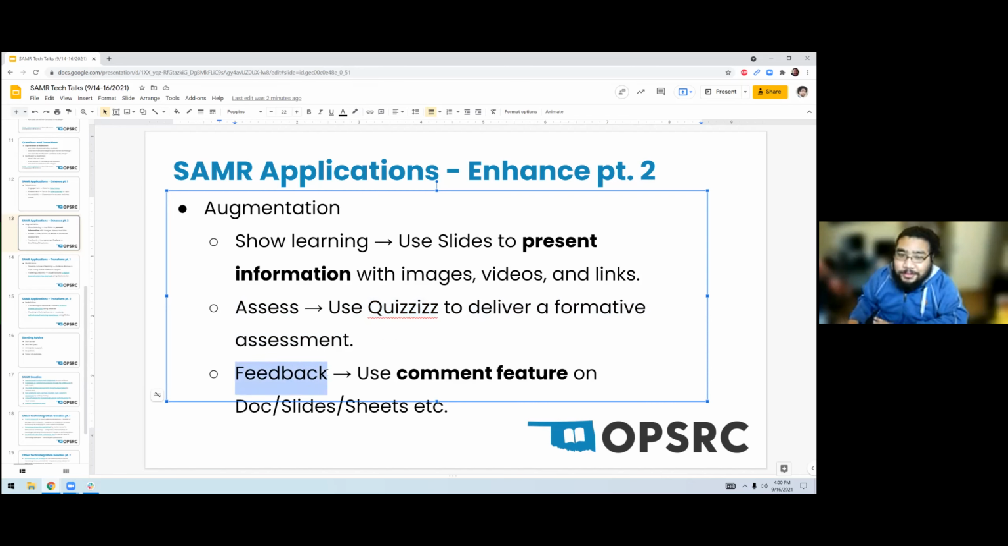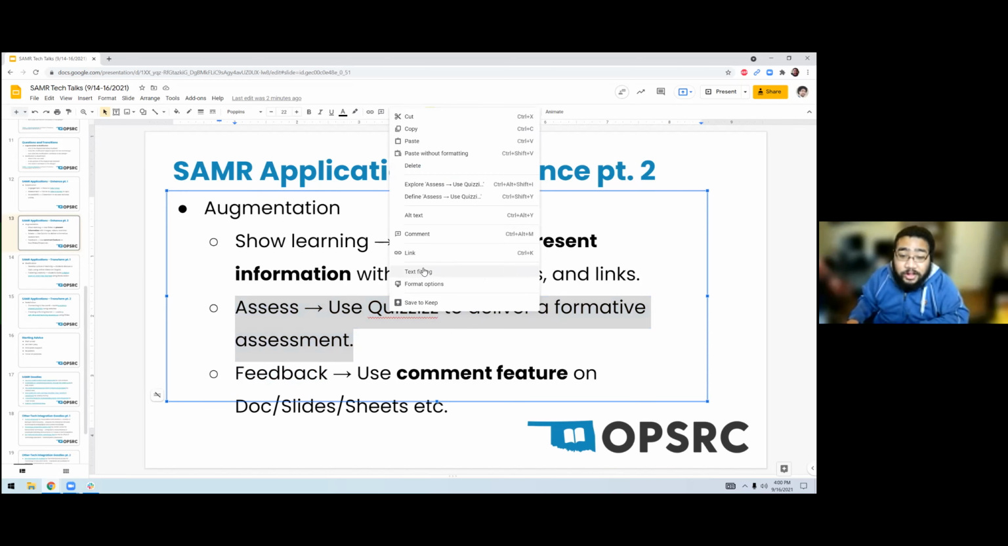Giving feedback. You're always going to give feedback to the students. You always want to see them improve on here. A very simple feature that comes in basically all the Google tools is the fact that you can highlight a piece of text, right click it, and click comment. So if you're